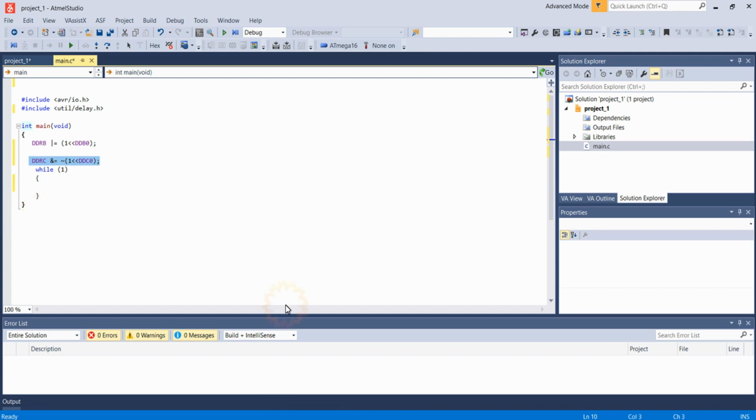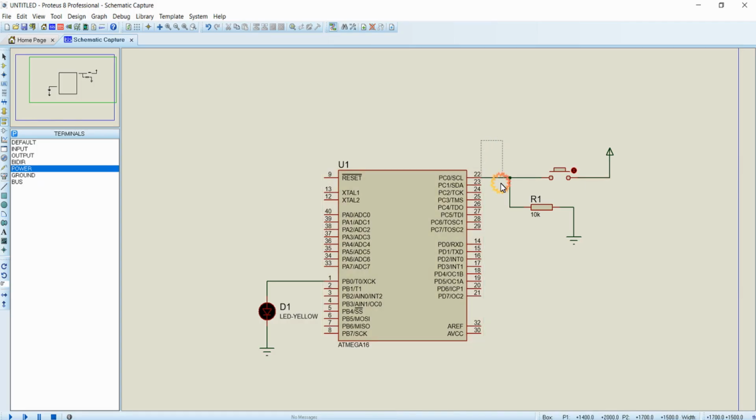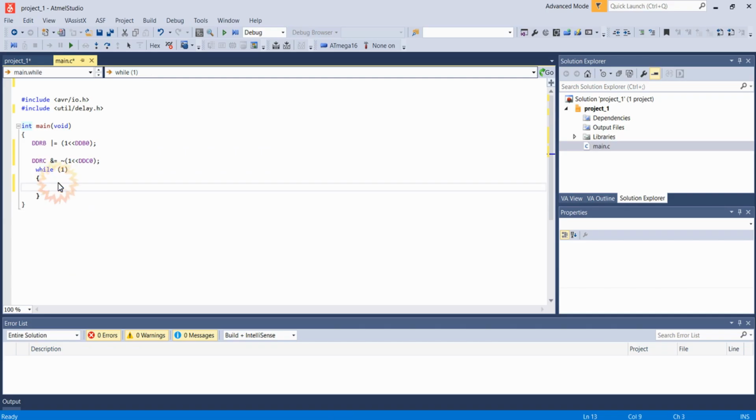Now coming to our logic, we are just going to check whether this PC0 pin has become high or low. That can be implemented by using an if condition in C. If (PINC & (1<<PINC0)), we will turn on the LED when PC0 is high.